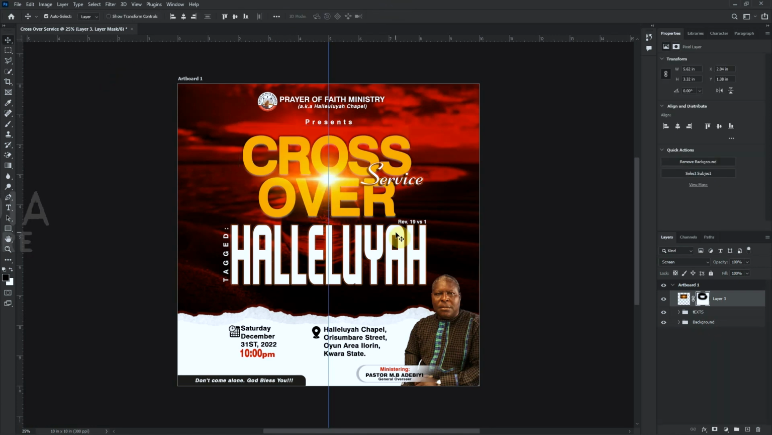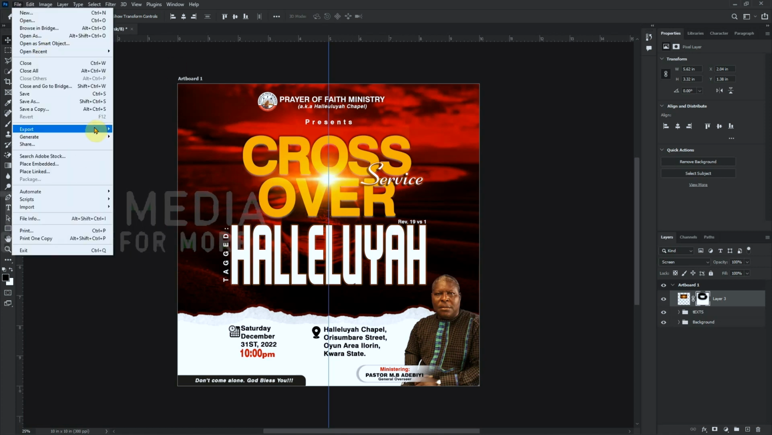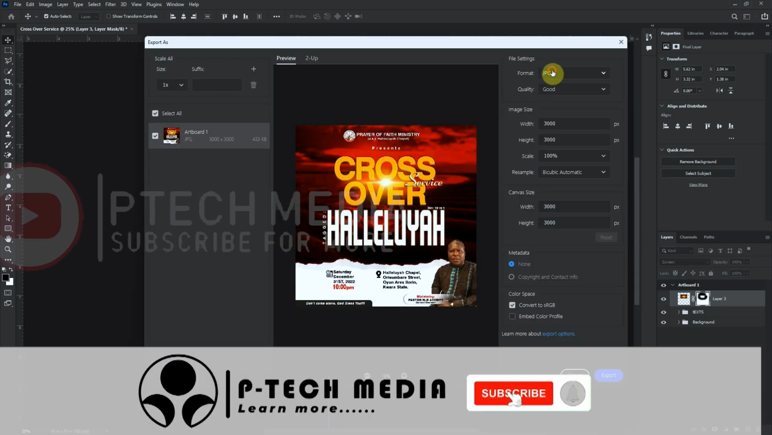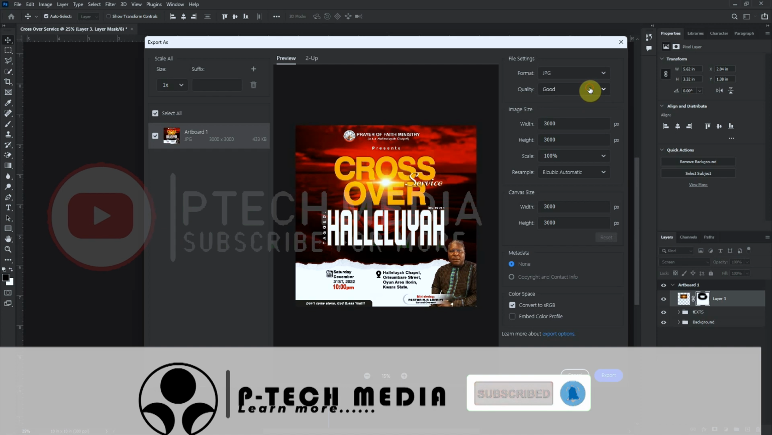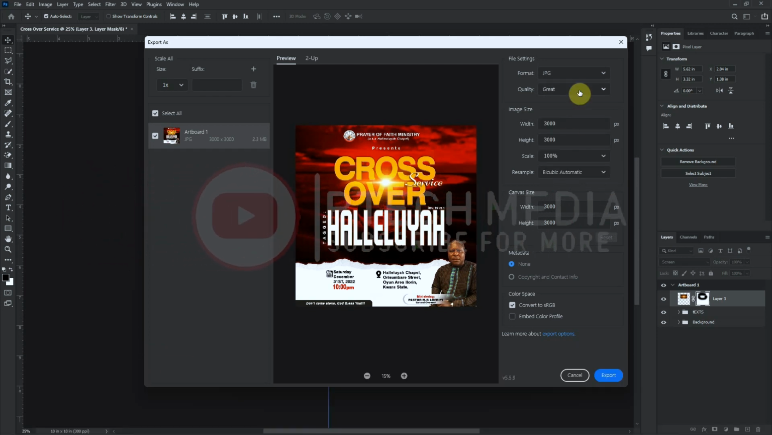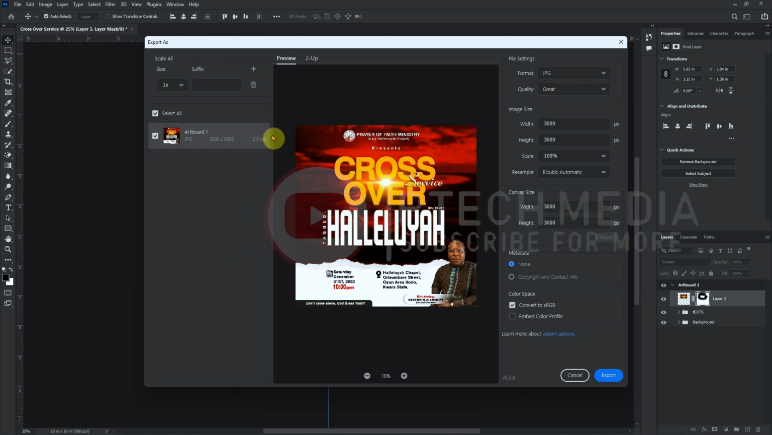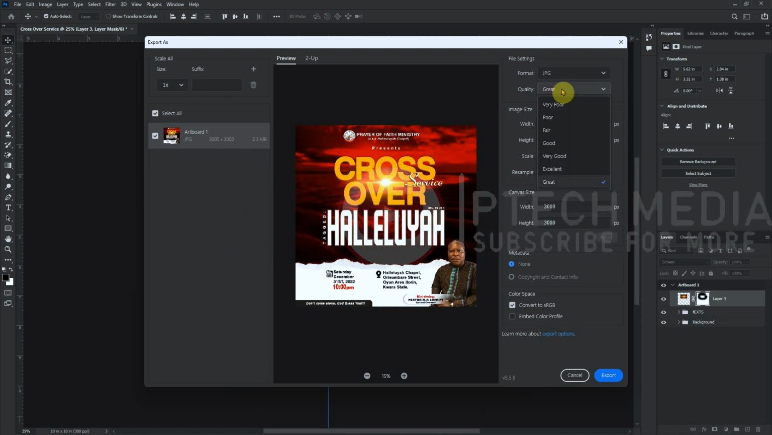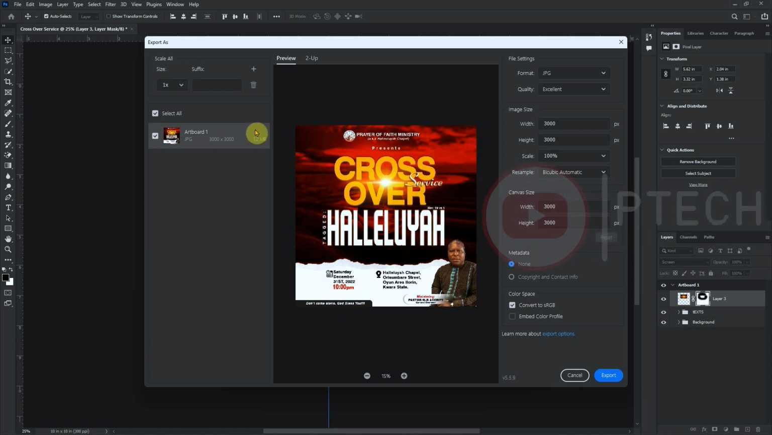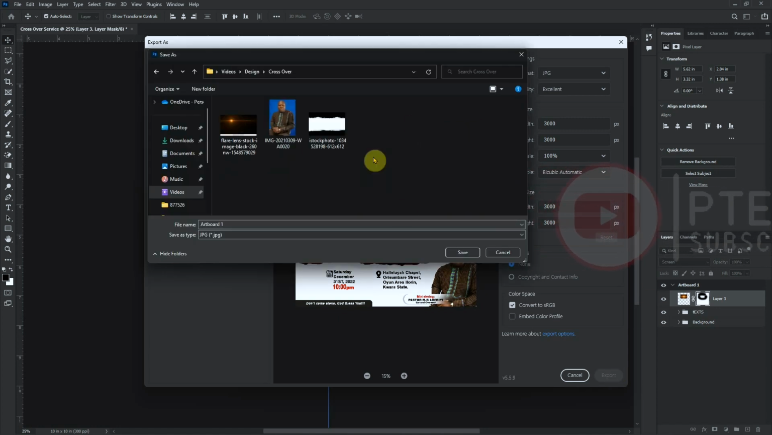Now we are done with all the arrangements. Let's export the flyer and preview it. Make sure the format is JPG and look at this quality. You can change it to great, excellent or very good, any one of your choice. What only happens once you increase the quality is that the file size changes. I won't be making use of great, I will be using excellent, and you can see the file size has changed. Then you click on export. Select the folder where you want to save the picture. Let's change the name